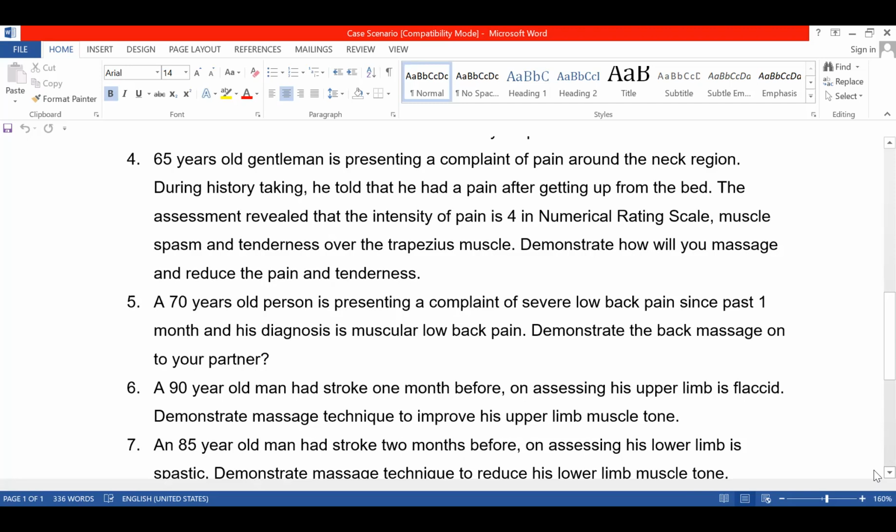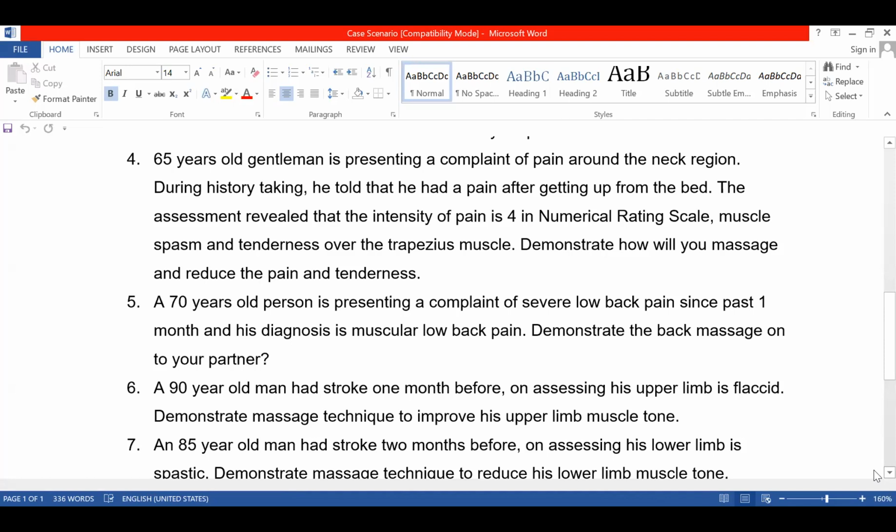Then for muscle spasm, we will apply the technique from proximal to distal except the effleurage. So we will start with touch by applying the lubricant around his neck region and the scapular region. And we will follow by the stroking, which is done from proximal to distal. Then we will do effleurage from distal to proximal, and then circular kneading, and then effleurage, skin rolling, effleurage, hacking,